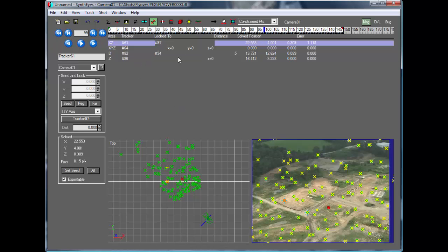And I still need to have a planar constraint here. In this case, we've got this number 86 that says that it still has to have z equals 0. Still need to have that because this line here, the entire scene could spin around that particular line, and it would still solve that constraint. So that's why I still need a third